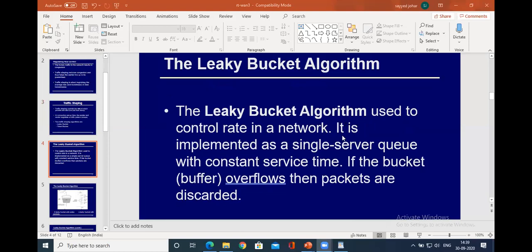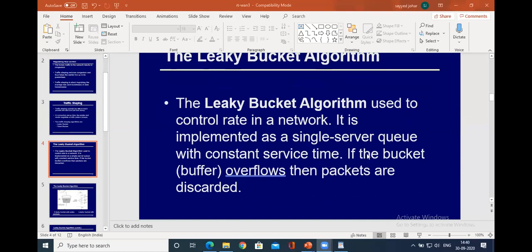The leaky bucket algorithm is used to control the rate in a network. If the bucket overflows, that is, the packet exceeds the capacity of the buffer, then the packets are discarded. So I'll go with a simple example so that you understand the concept easily.